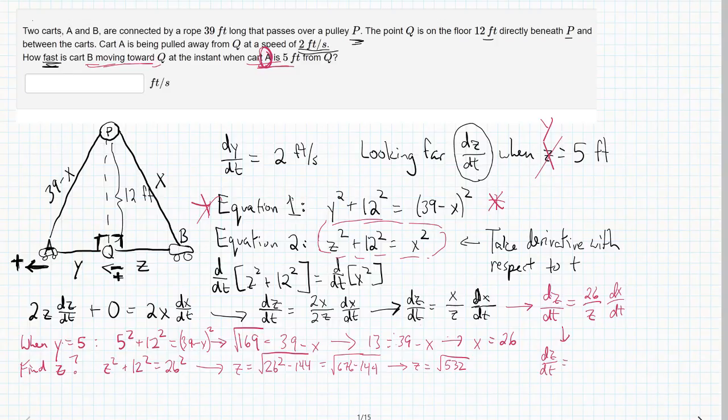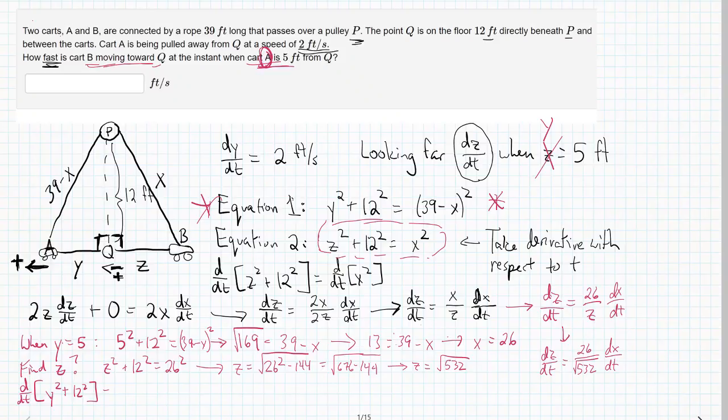equals 26 over the square root of 532, and then dx/dt, whatever that'll become. Yeah. Oh, thank you for the 532. I appreciate that, Raven. So now let's go from here. So what do we want? We have equation 1. We can do the same derivative rules to try and figure out dx/dt, and once we have that, we're pretty much done. So we get d/dt of, it's pretty much the same derivative with the exception of that right hand side. So y squared plus 12 squared